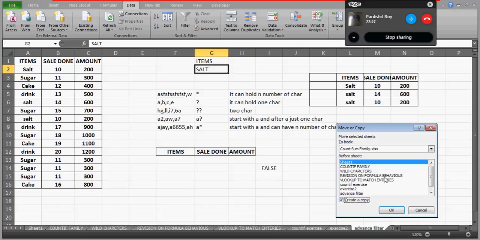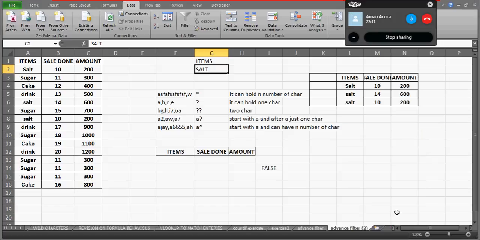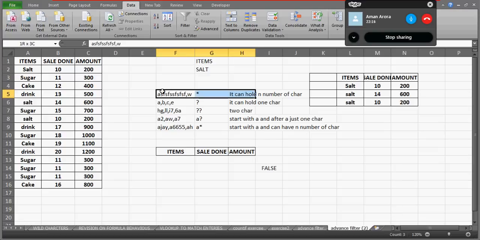Yeah, Ajay, one thing: if I need to use this advanced filter, I have written separately in the G section item and salt. If I don't need to write it separately,